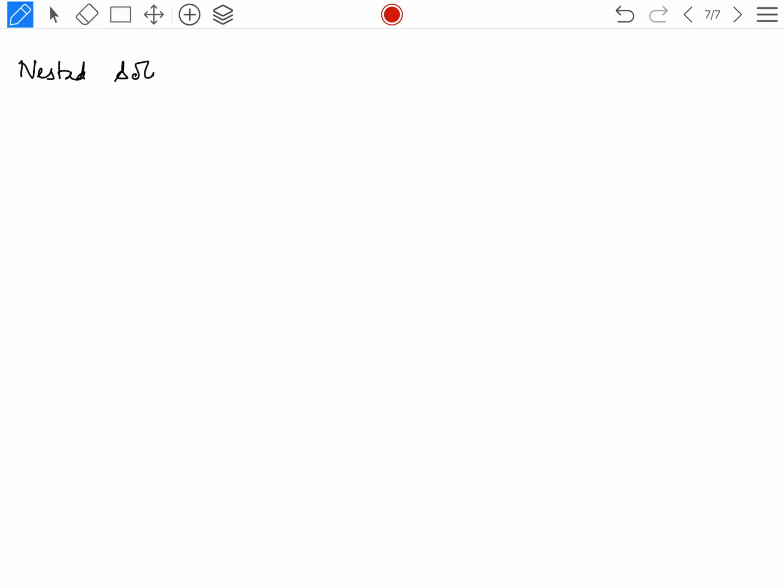Okay, so I have told you one term, nested solids. Nested solids means what? That are made up of two or more solids. For example, your pencil or your pen. What is the shape of your pencil or pen?